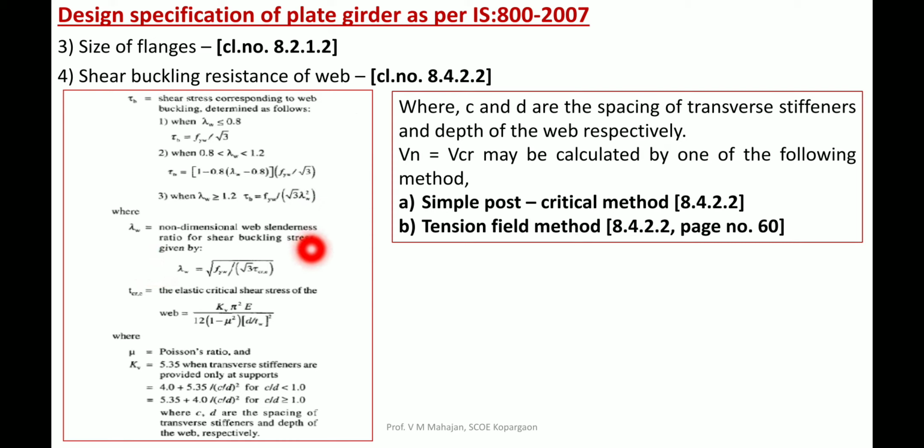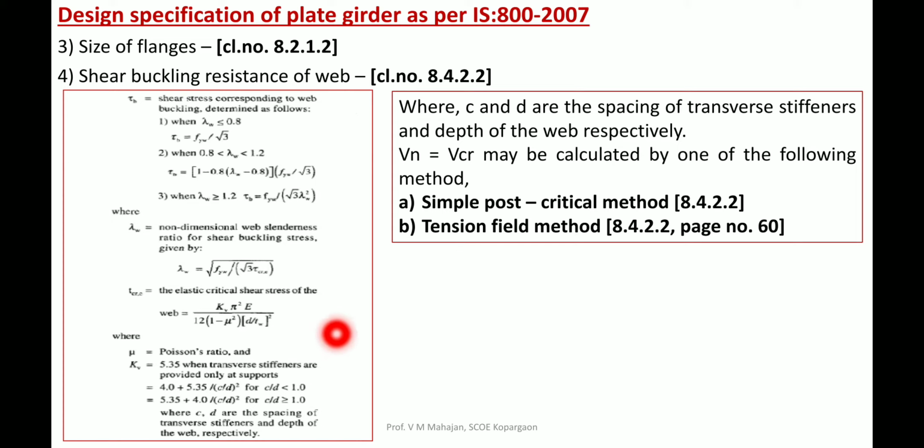where lambda w is a non-dimensional web slenderness ratio for shear buckling stress, where lambda w is equal to the root of fyw divided by root 3 into tau cr. In this equation, mu is the Poisson's ratio, and kv is equal to 5.35 when transverse stiffeners are provided only at supports. Then next, it is also equal to 4 plus